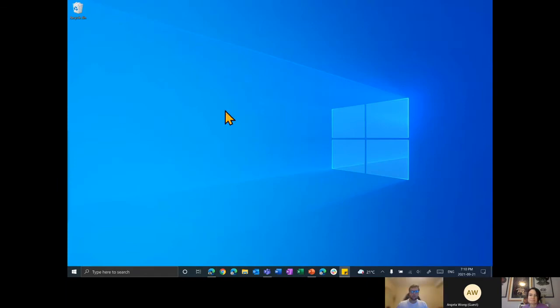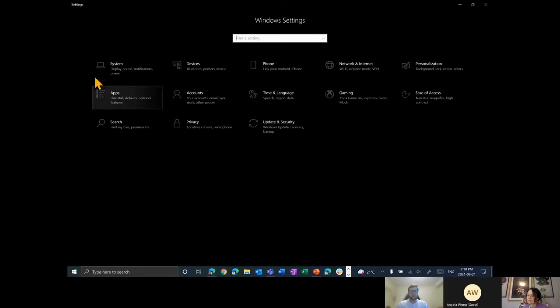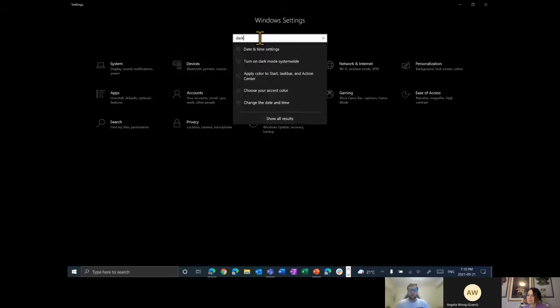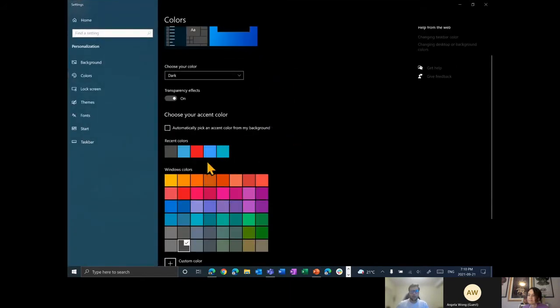So the background still stays as the background, but now we may notice that the taskbar is a darker shade. Maybe if I go back to settings, this is all a little bit darker now. And I can also customize a bit more. So I can actually choose an accent color on top of the dark mode. So it selected, I guess, what they call a storm, but a darker kind of color